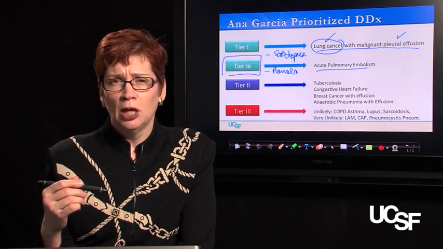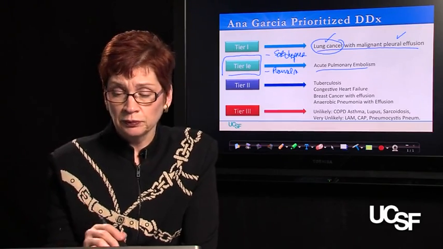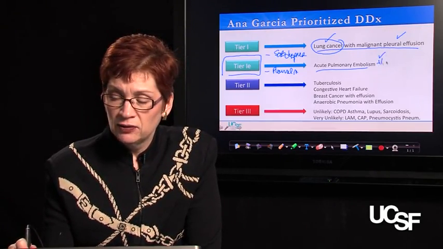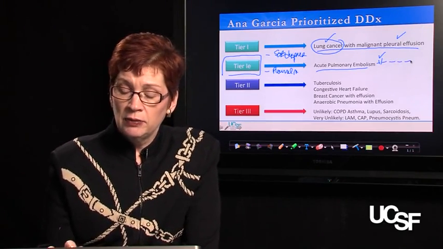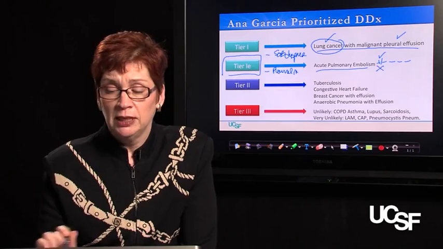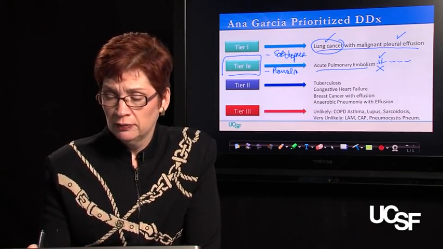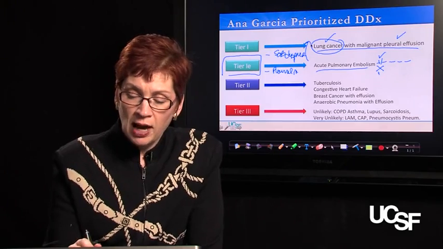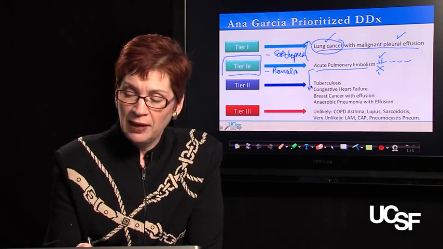rarely cause a pleural effusion, but generally it isn't going to be large the way we believe Ms. Garcia's is based on her physical exam. So she gets points for the dyspnea, plus minus for the pleural effusion. Actually, I think minus for the pleural effusion. The other phenomena we saw is weight loss, which cannot be explained by an acute pulmonary embolus, right? And cough, she could. So it doesn't fit as well as tier 1, probably belongs validly in tier 2, perhaps